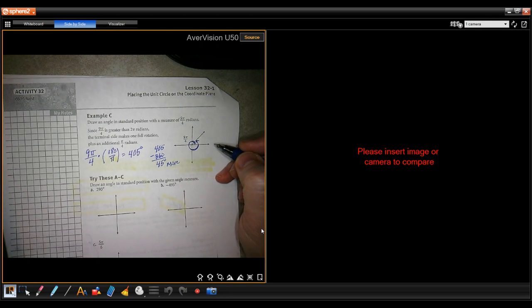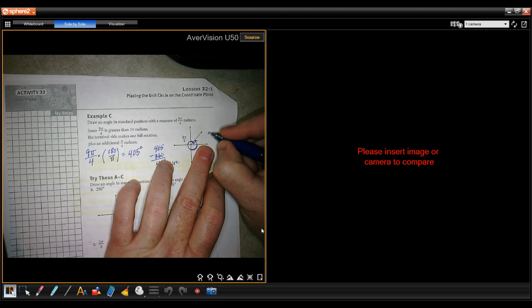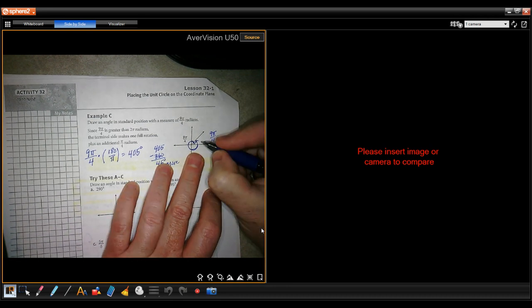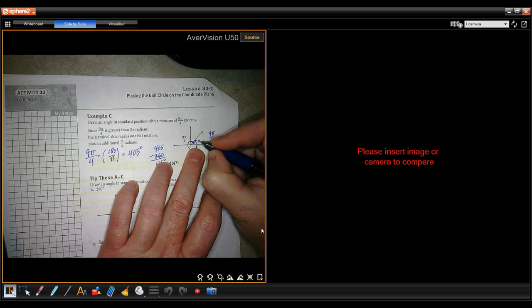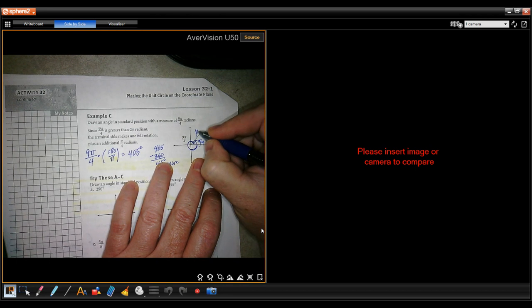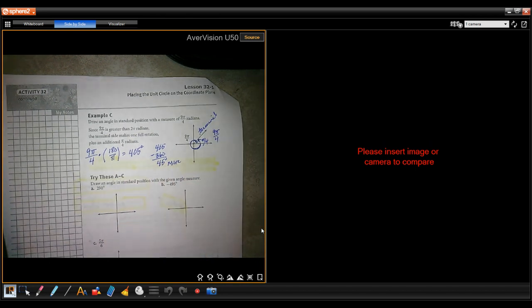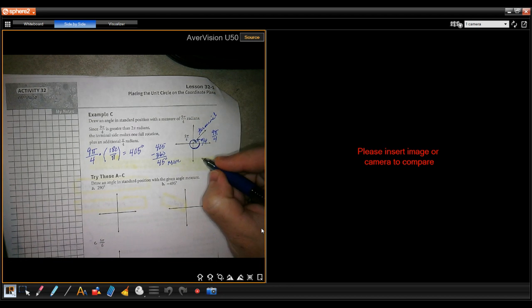And so therefore, that's your 405 degree angle. Or you could say this is a 9 pi fourths angle. This little piece here went pi fourths more. This is the terminal side. It's where it stopped. What else? Make sure we know what